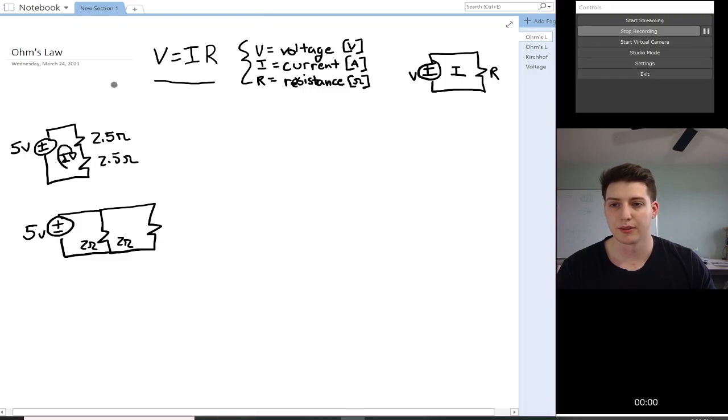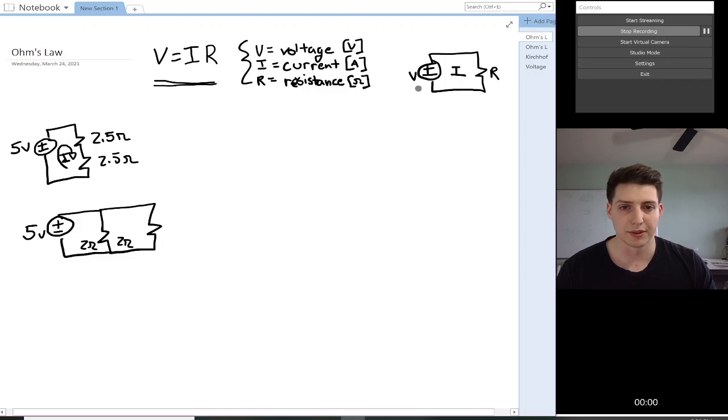So today we really want to look at the first equation that you will see in electrical engineering, and that is Ohm's law. It is the linear relationship between voltage, current, and resistance, where V is your voltage in the units of volts, I is your current in the units of amps, and R is your resistance in the unit of ohms. We can turn that into a graphical image